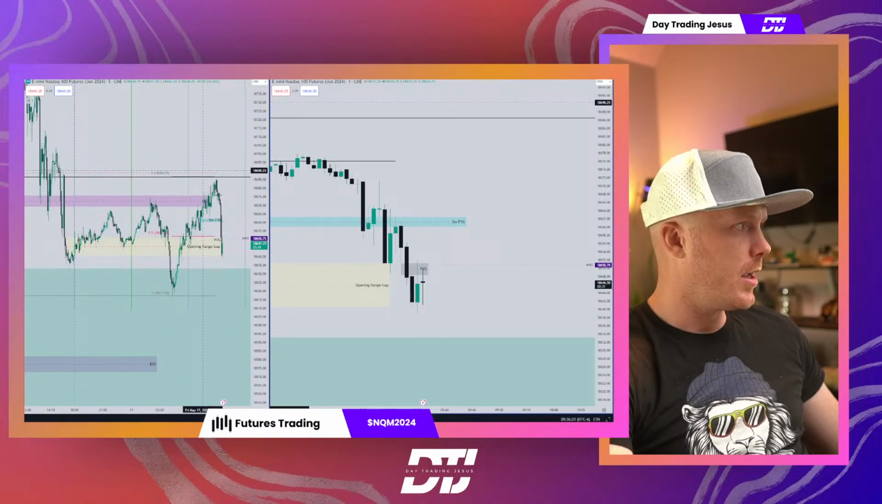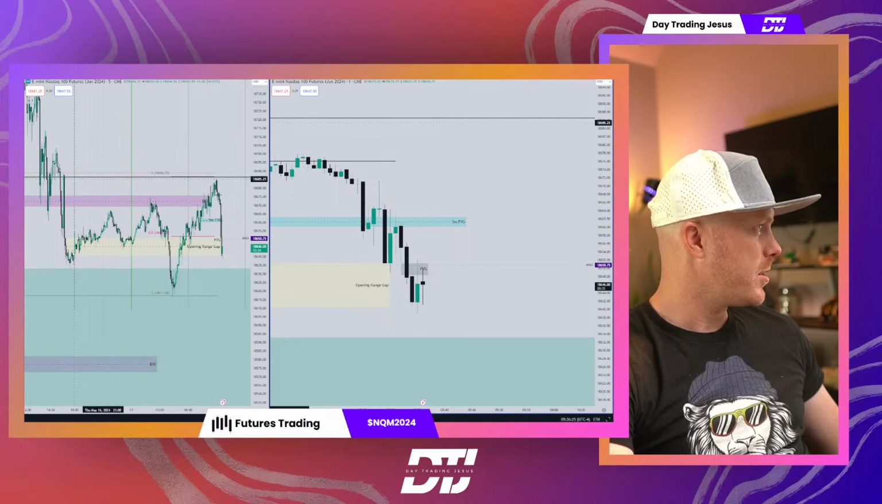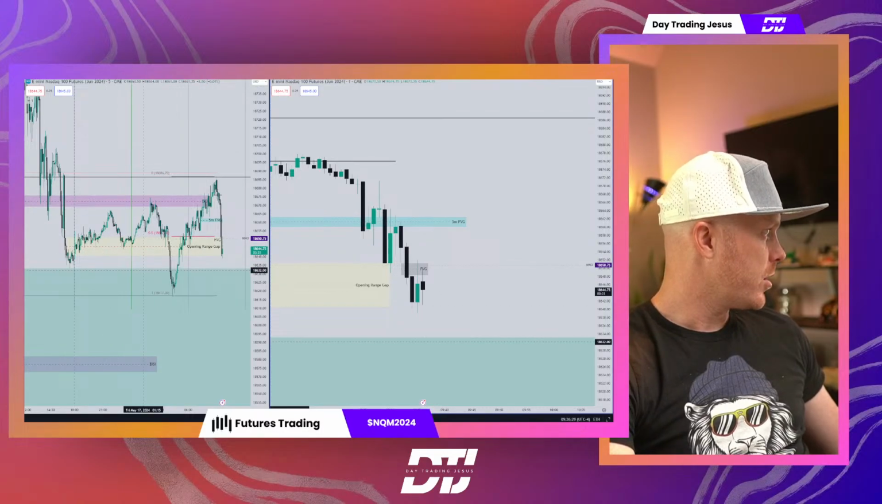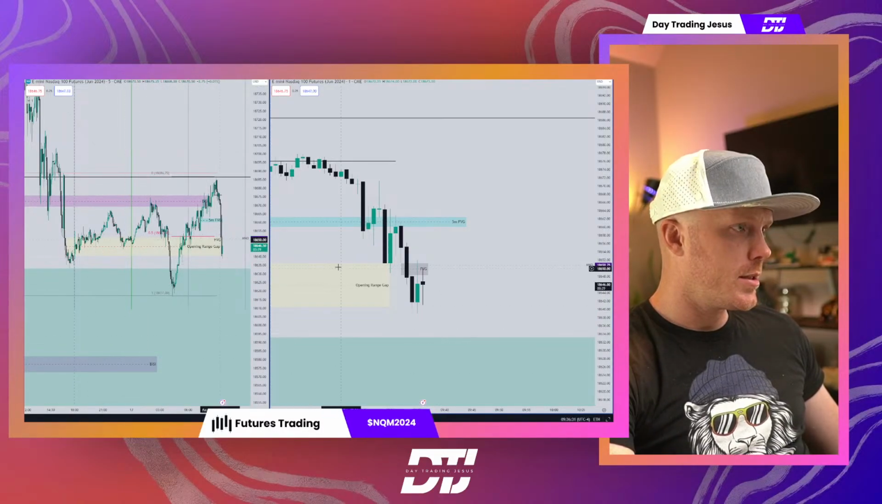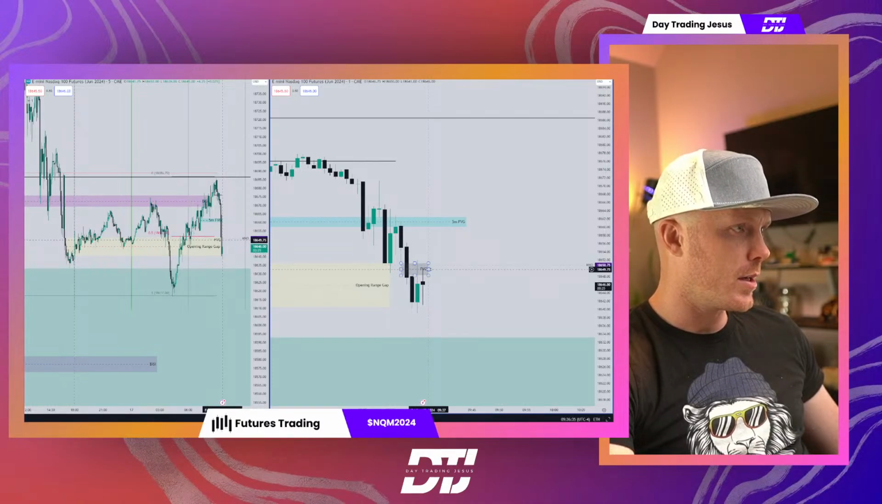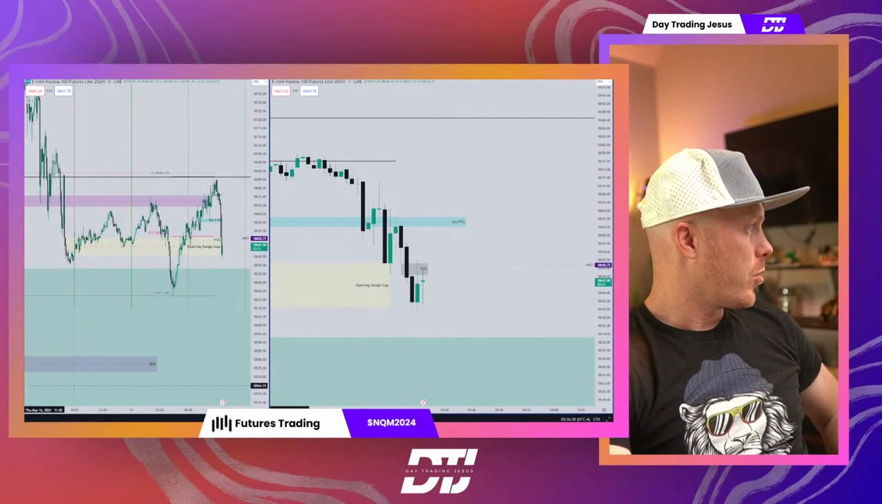Sorry if I have too many lines on here. I'm trying to look at the higher time frame to see where we are in premium and discount just to confirm potential interest. I'm really not interested in going higher, even though I have this marked out, because I want it to reach down